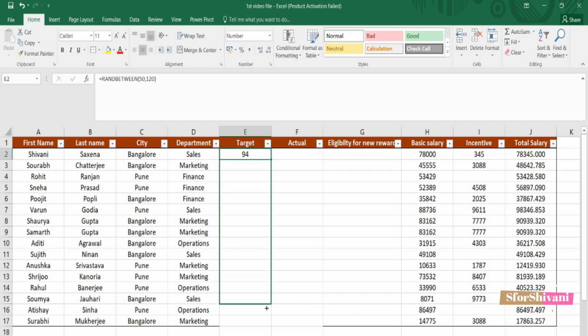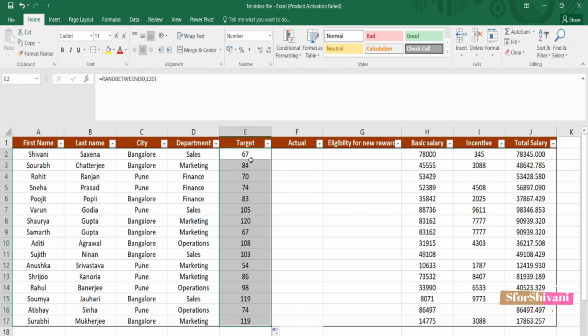And this is what I have got here. Now, unless you are copying and pasting, these values will keep on changing if you do anything on them. So let's say if I'm dragging it again, it will show me a different set of values. I'm dragging it again, another set of values. What we're going to do is freeze these values.